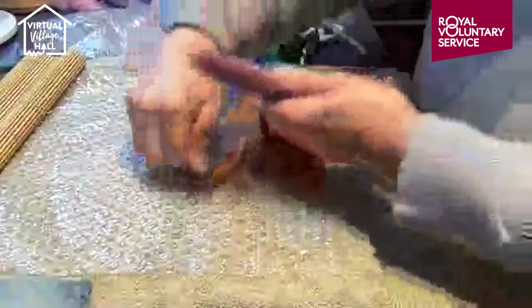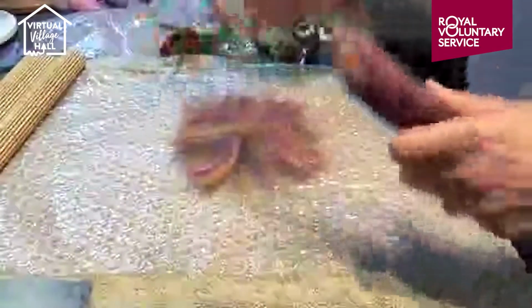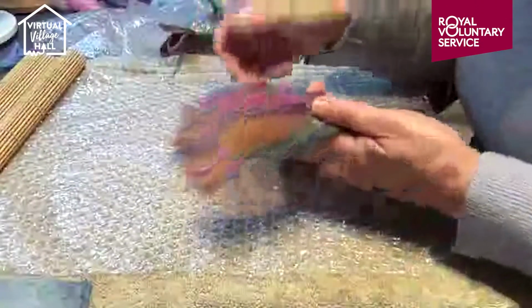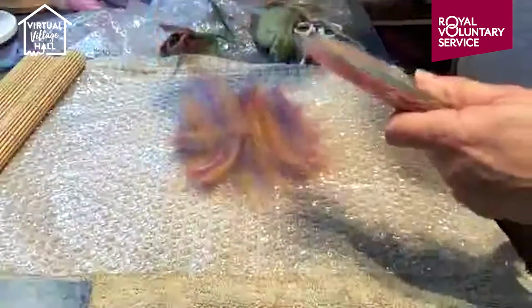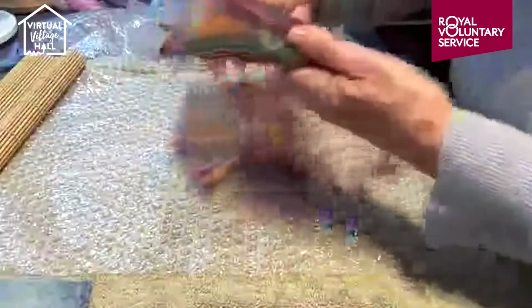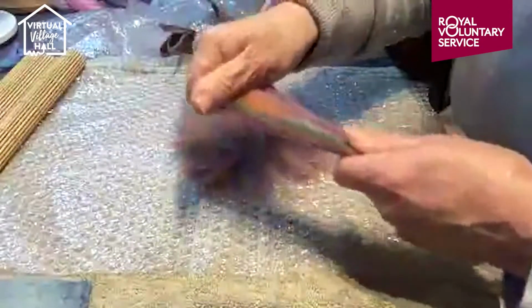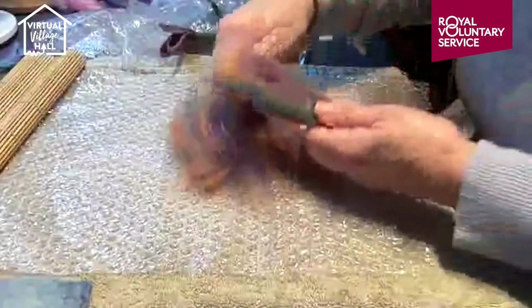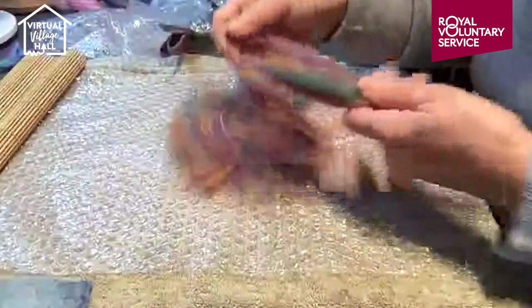So that's my first layer, and then my second layer will be as we did before. I'm just going to lay it across, and I'm going to lay a very light one. And then we're going to go back to what we did before and lay the fibres out in that